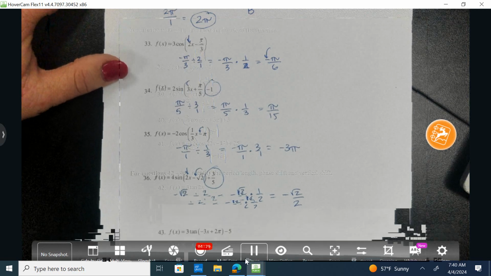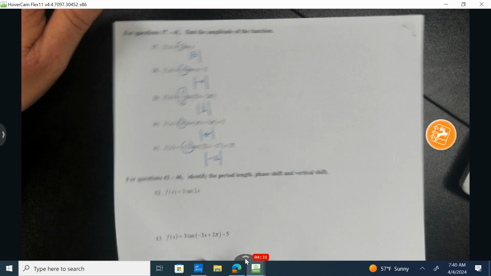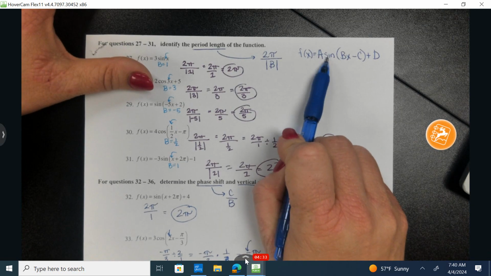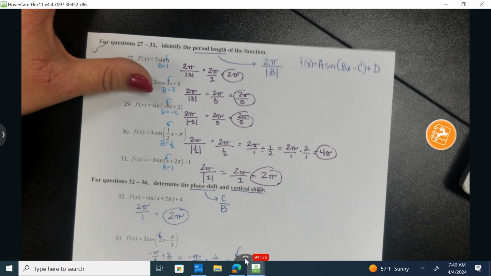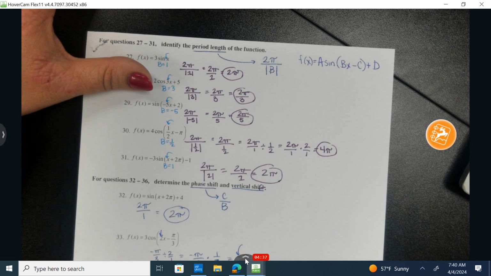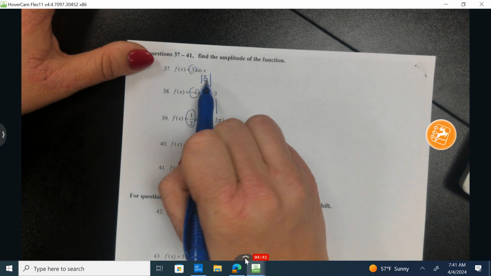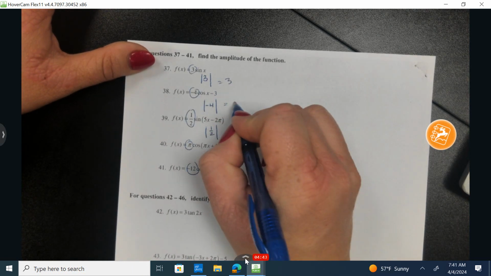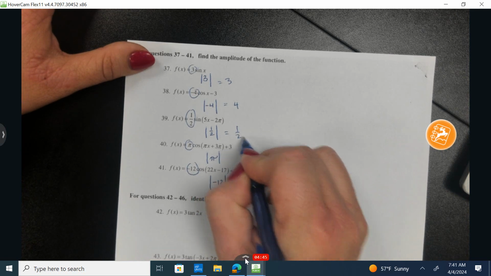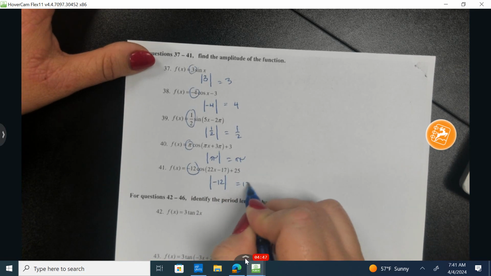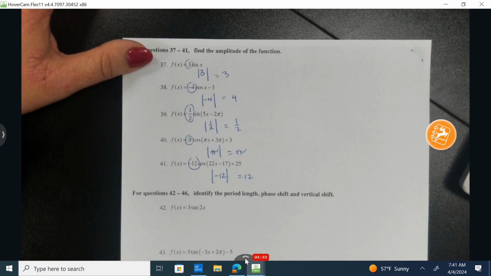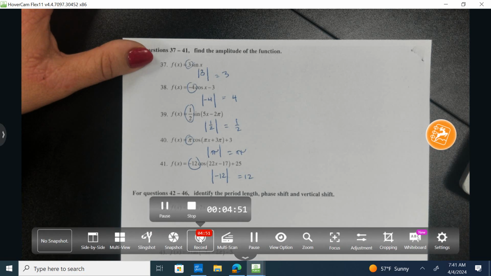If we flip to the next page, we are going to identify the amplitude. Now the amplitude is going to be this value in front of the sine, and we're always going to take the absolute value of it when we identify the amplitude. Okay, so the absolute value of 3 is 3, absolute value of -4 is 4, 1/2, pi, and 12. Let's look at 42 through